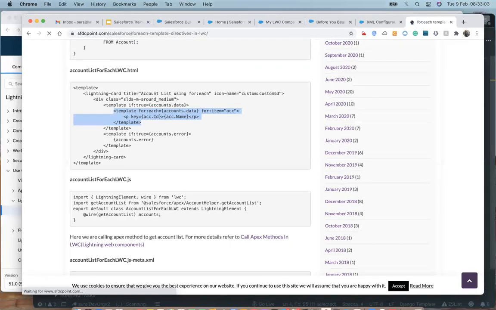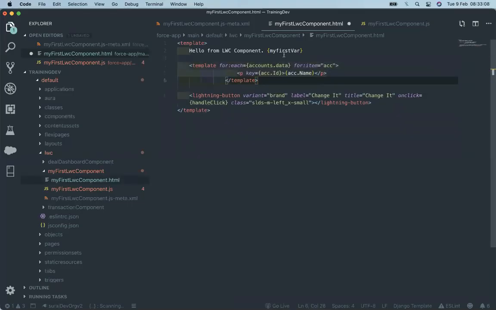Okay, let's work with the for each. This is how the iteration works. We need to define a template. In that template we need for each, and in that we need to define our list name.